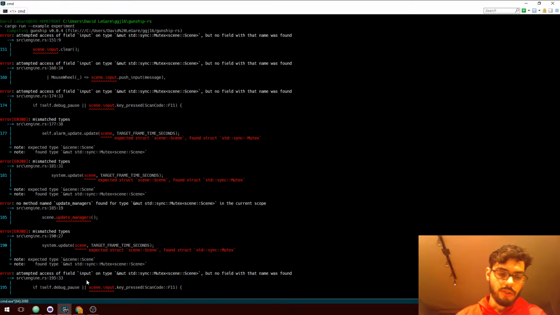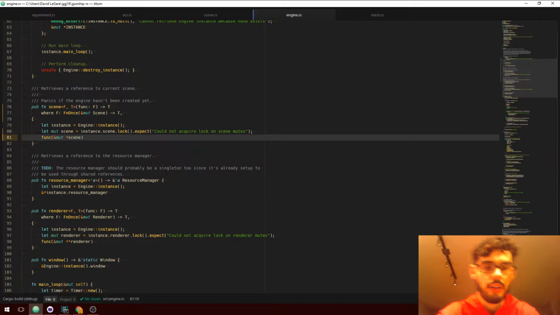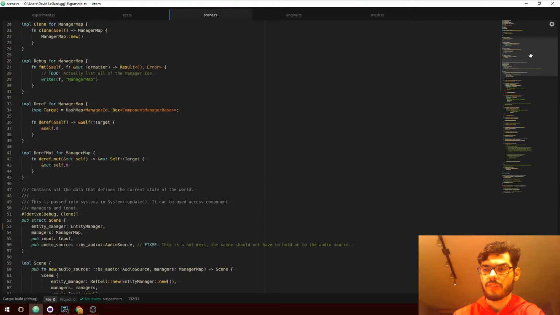This brings up the question, because I was thinking about this when I was writing my scene getter. I'm wrapping the scene in a mutex. However, scene itself is also a wrapper around a bunch of data.